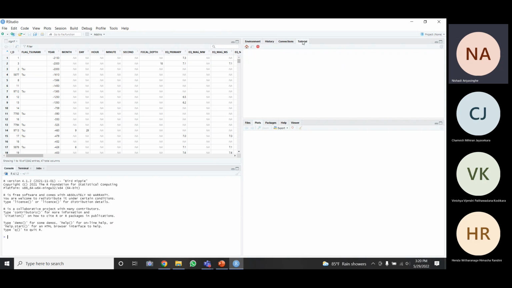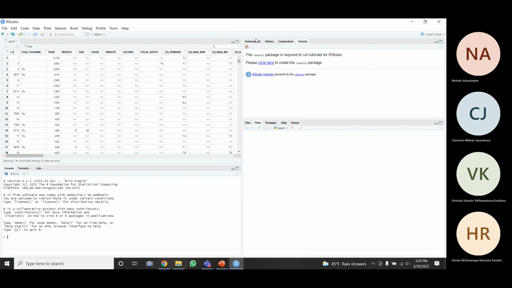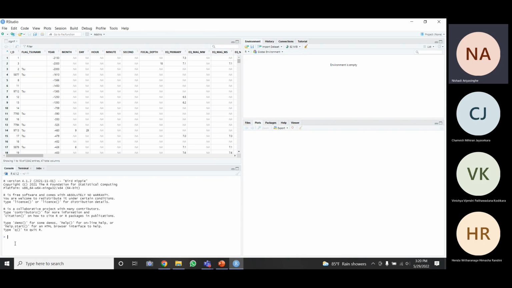And remember, there is also a tutorial available, so you can always go to this tutorial and see or learn certain commands in R. And here in the console they say type demo for some demos, or help for online help, or help.start for help.